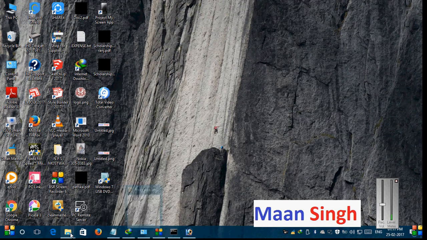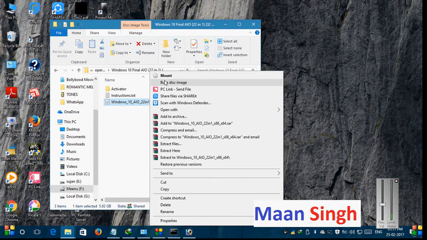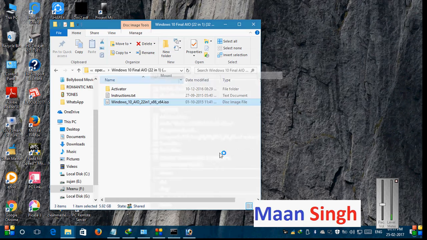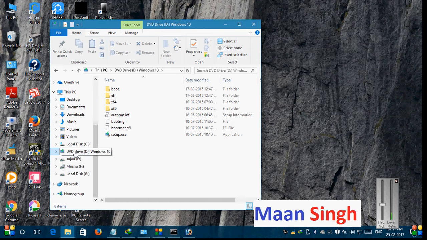So right click on the ISO file and click on Mount. It will be mounted as a DVD drive having a different drive path. In my case it is drive D.